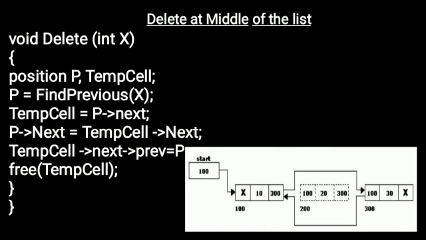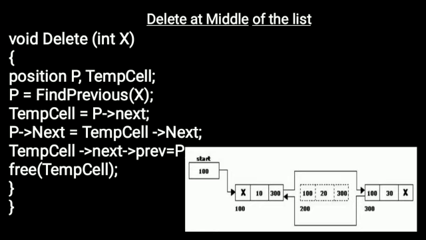Next, we see how to delete a middle element from the list. Here the return type is void. I use function name as delete mid. Here we give one input value, that is x value. We are deleting it from the list.